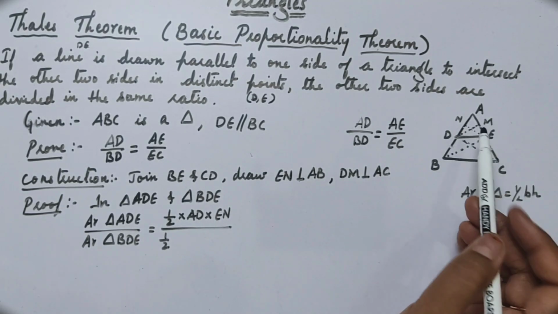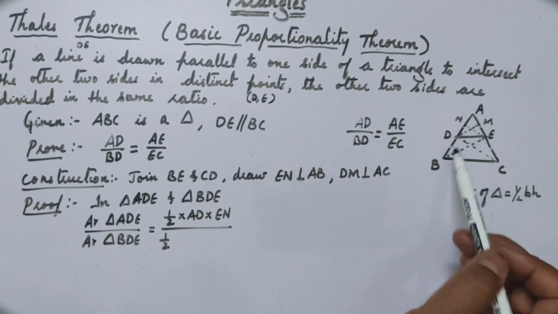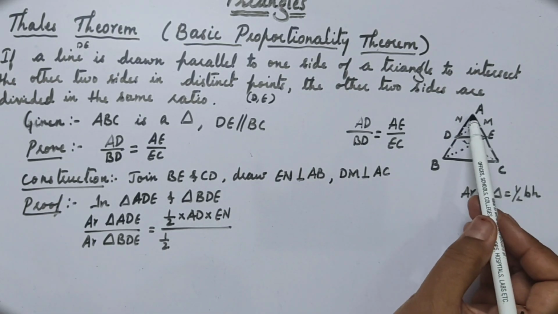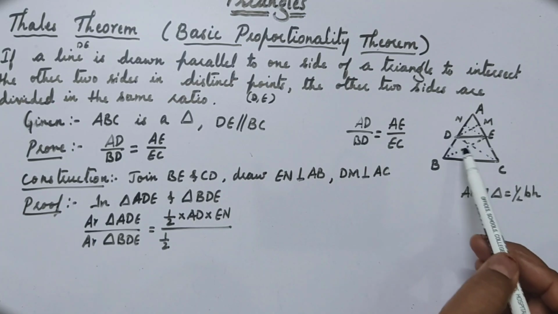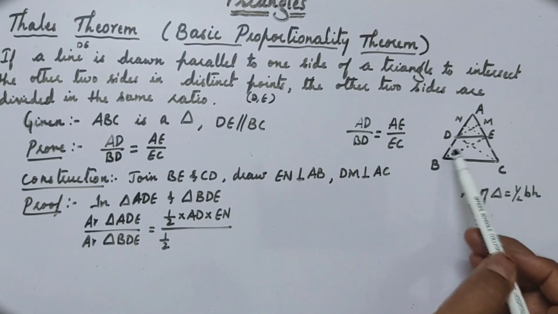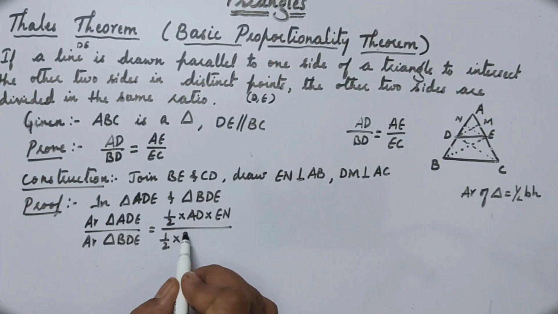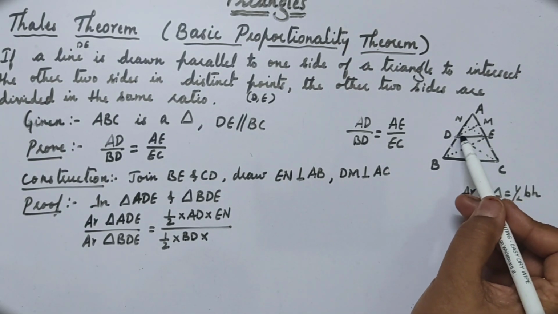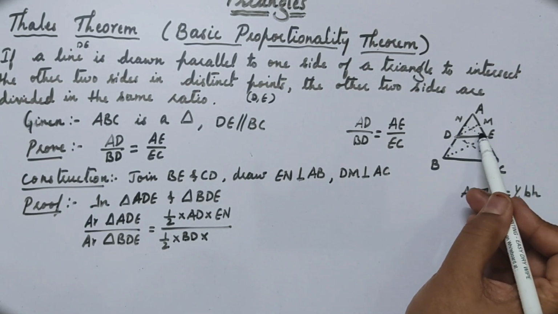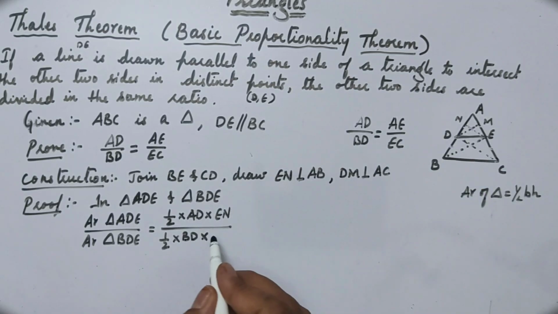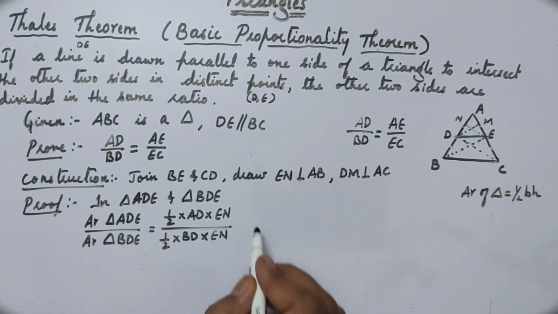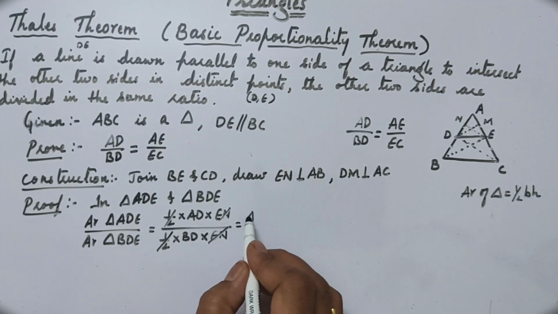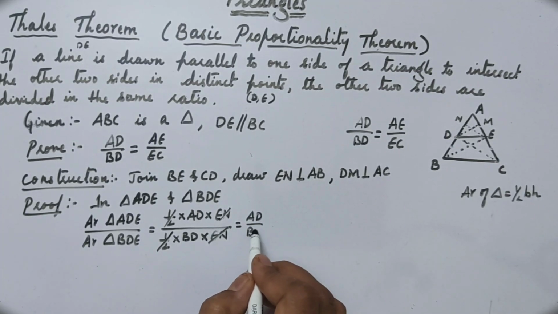this side base. We are considering one side here, which side are we going to consider? That is AB. So in AB I say that AD is a base, and here as well I can say that BD is also the base. BD is a base, and you can see this is a triangle. The height of this triangle is EN, students. Okay, EN. Here half gets cancelled, EN gets cancelled. We got AD by BD.